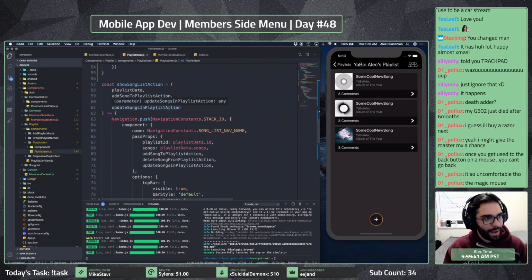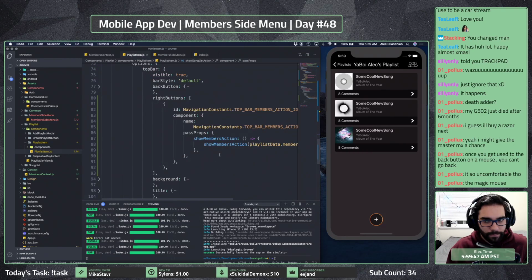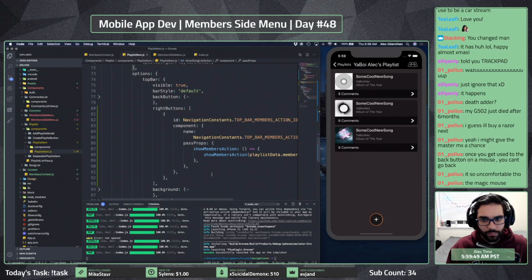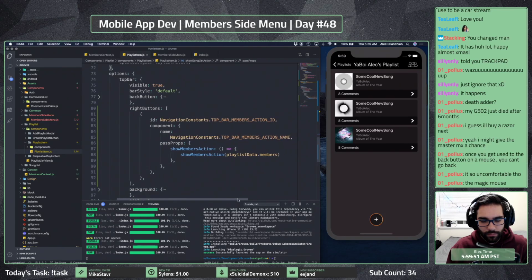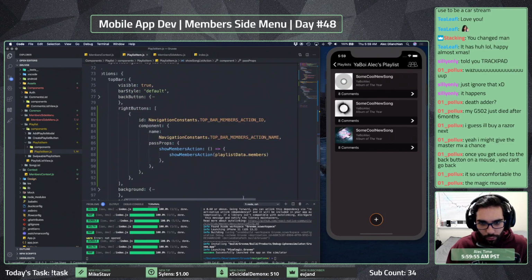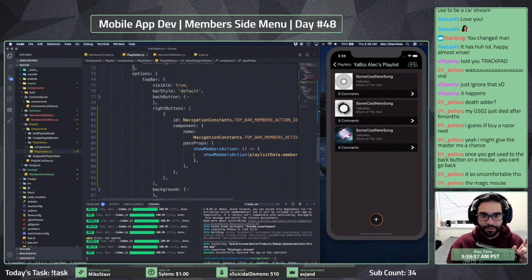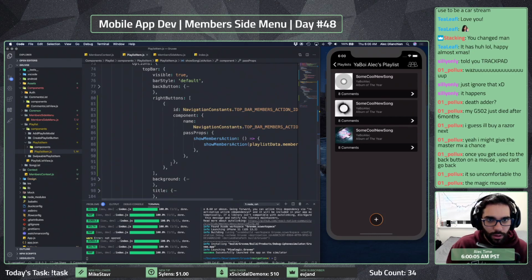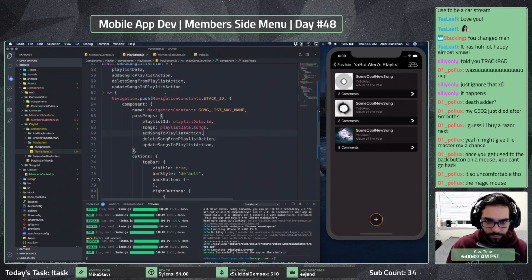And it's not like we can wrap this thing here. Oh, unless... Okay, so we call the navigation, right?